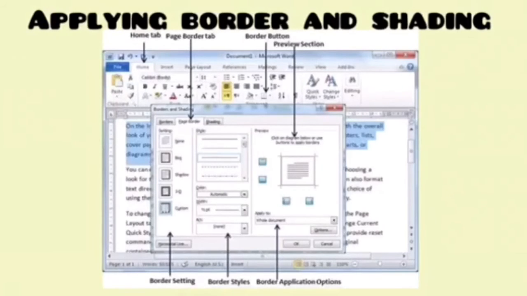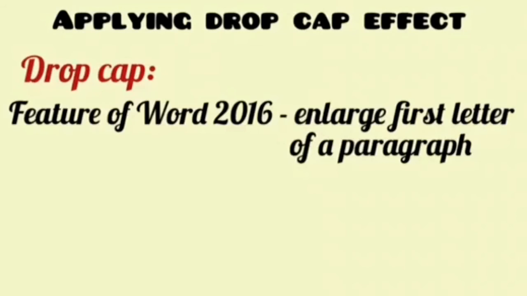We have selected the box option. Then you can make the settings. Under the settings section, you can select the border style, the color, and the width of the border. All these things you can set from this dialog box. And at last, you have to click on the OK button, and the selected text will be designed with this particular border.